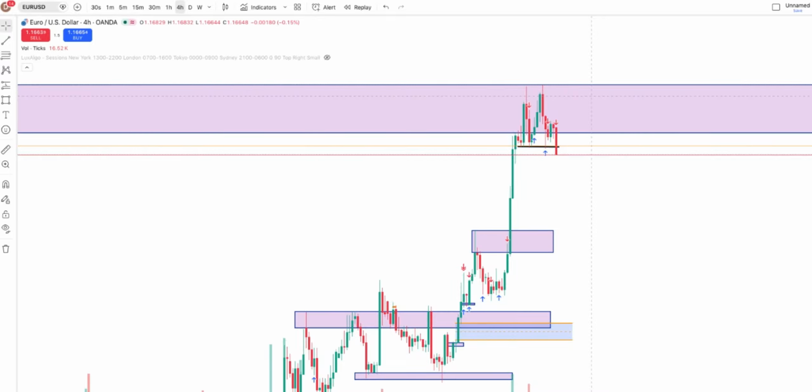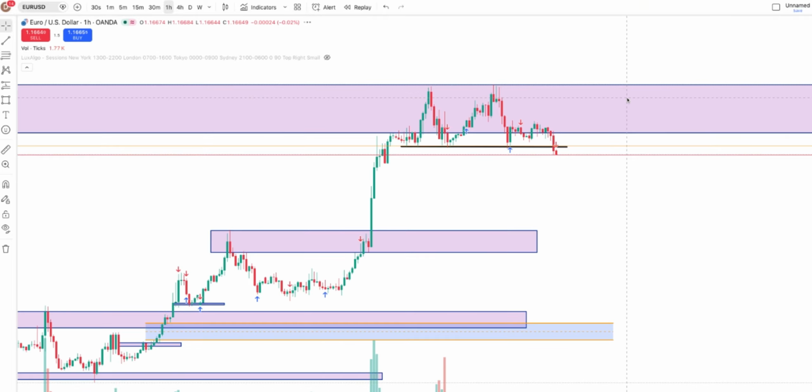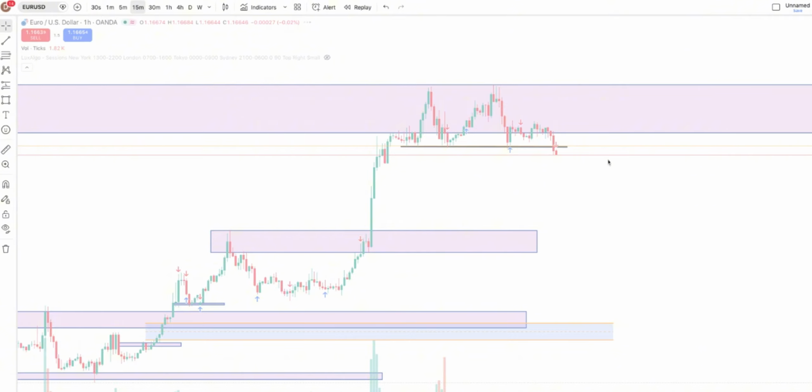Now when we go to the 1 hour, that's when we can clearly see that this black line here is our support zone, where the market comes back on it and bounces up. So this is a strong zone. So let's go to the lower time frame and see how it reacts. You can see over here on